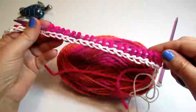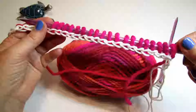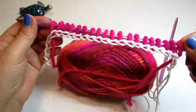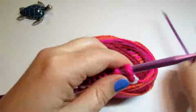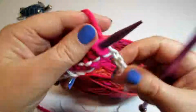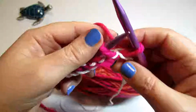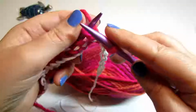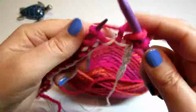To start knitting the cowl, we will make the first row in the knit stitches and then the second row in the purl. So it's a stockinette stitch, just the usual traditional stockinette stitch. As I said in the pattern, we will always be slipping the first stitch so that we always have an even edge along the edges, and we will always be purling the last stitch. So the first row we're going to knit,